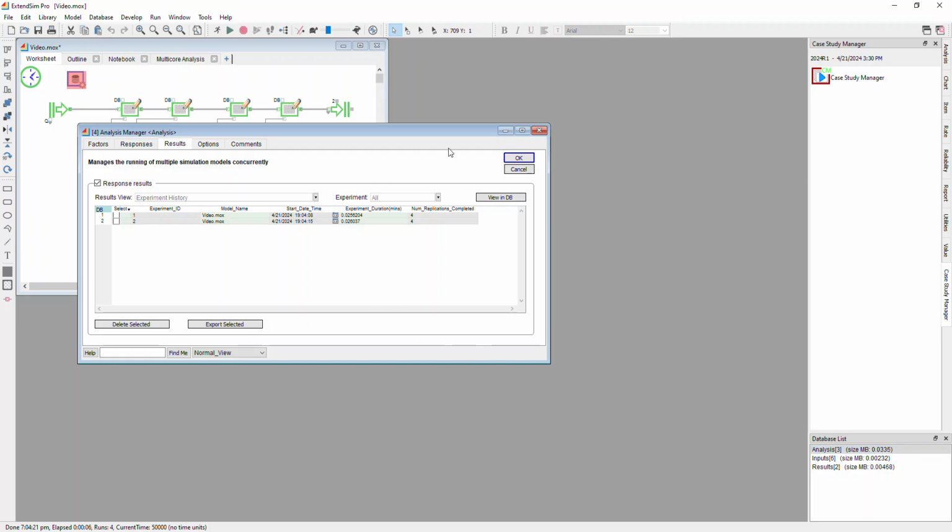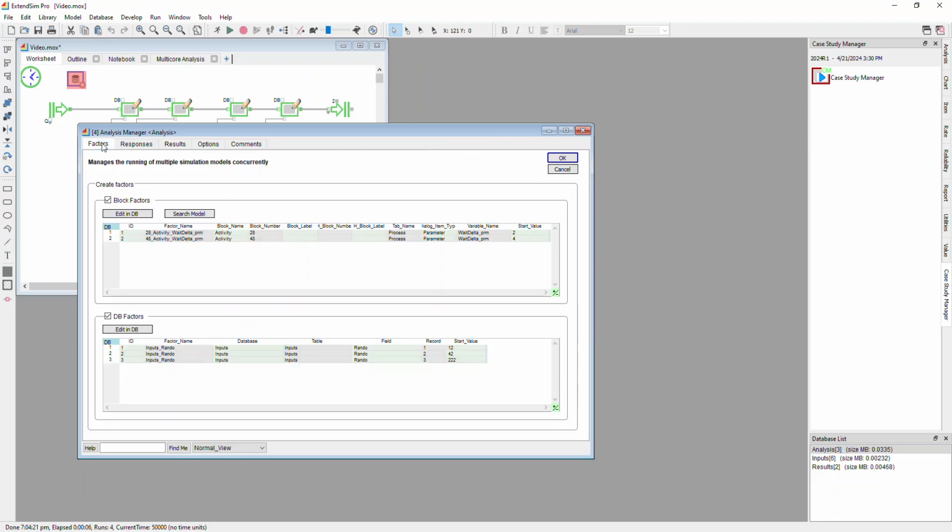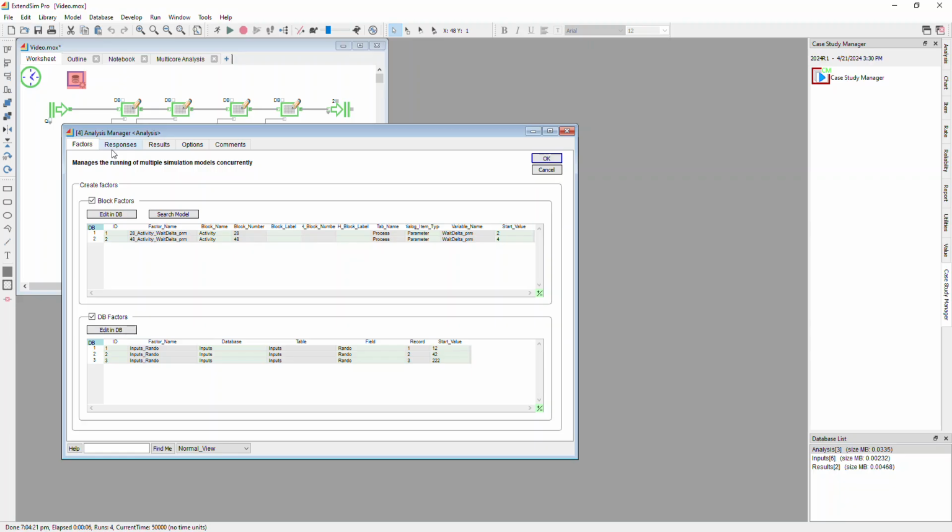What does this have to do with the new scenario manager? Well, what we're trying to do is provide a natural progression to how you go about doing analysis with a model over its lifespan. So you start building your model, you start doing a little bit of analysis, maybe you add some factors and responses, and maybe by the time you're ready to do scenario management, you may have already set up a pretty good base for the factors and the responses